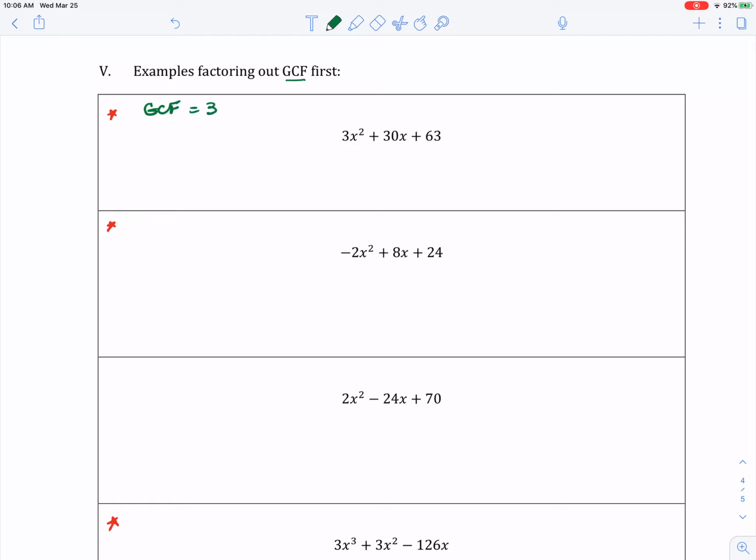So on this first example, I hope you see that the GCF is 3. Oh, first, is it in the correct order? Yep, I always check that. Second degree term leads, first degree term in the middle, constant on the end. So we always want to make sure the order is correct. So for a GCF,